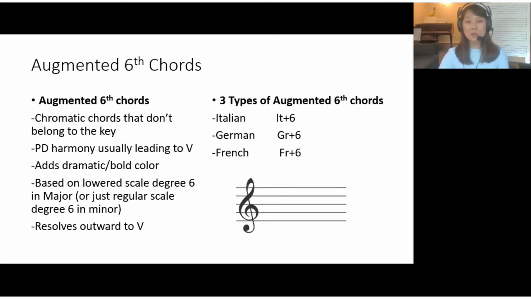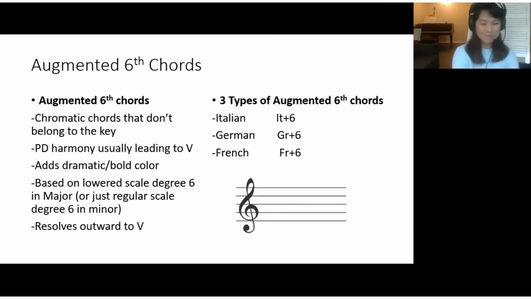The augmented six chords are chromatic chords, and as we have seen, they are the chromatic predominant harmony that typically leads to 5, adding more color. Augmented six chords come in 3 different types: Italian 6, German 6, and French 6. All 3 types of augmented six chords are built on the lowered scale degree 6 in the major key. So that means that if we're in the key of C major,